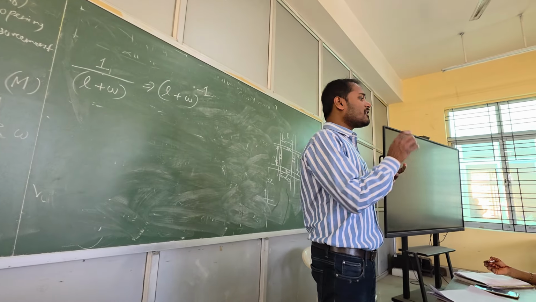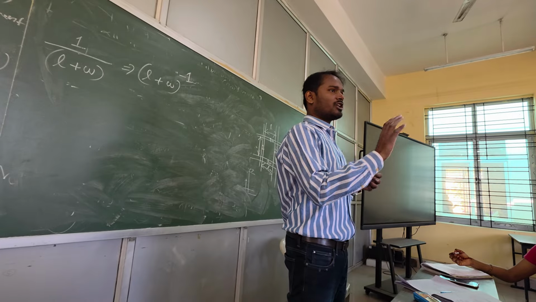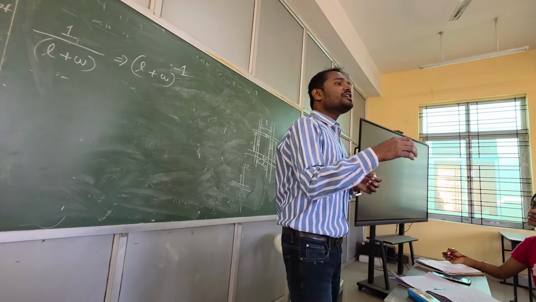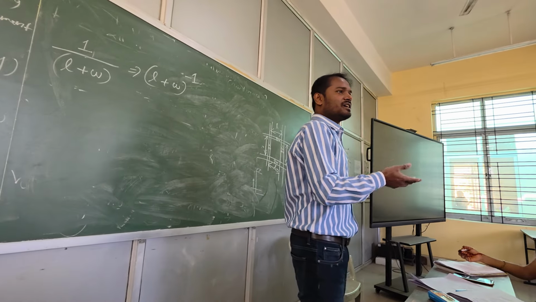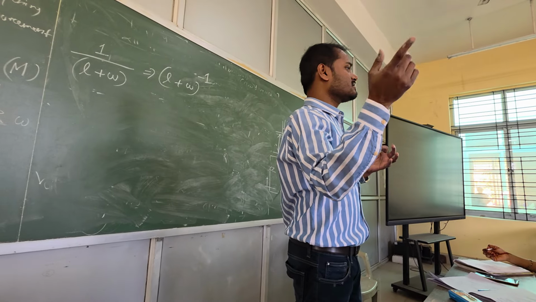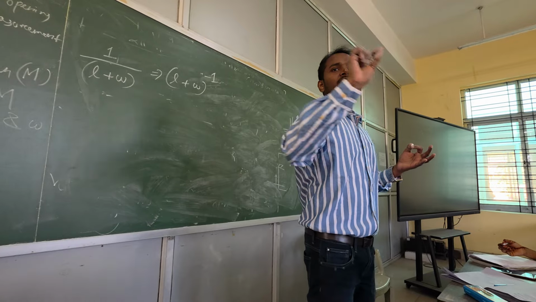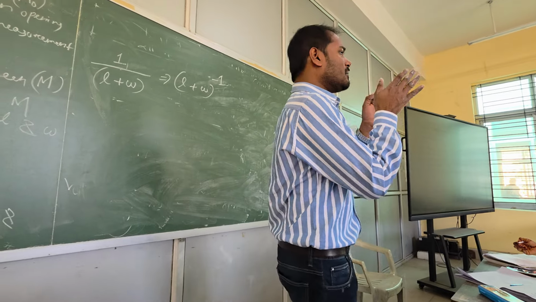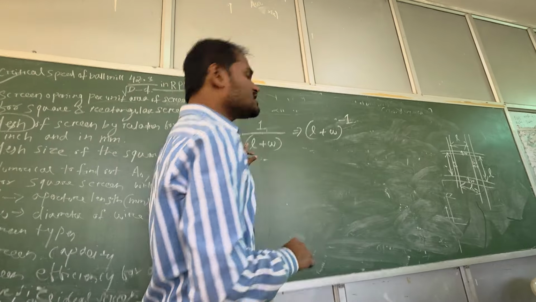So what it means? I have 4 number of openings per linear inch or per linear mm, whatever you are deciding. It can be 4.5 also, or it may be 2.5. It doesn't mean it will be completely whole number like 4, 5, 6. It may be 4.5, 2.5. It depends. But you have to travel in a linear direction, in a particular unit length. It is fine, I guess.